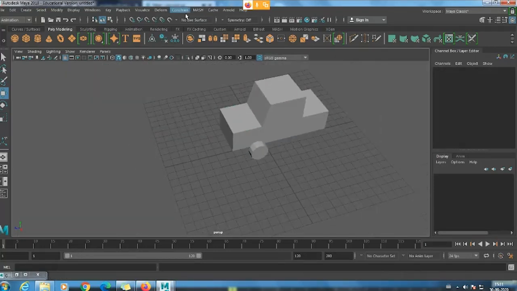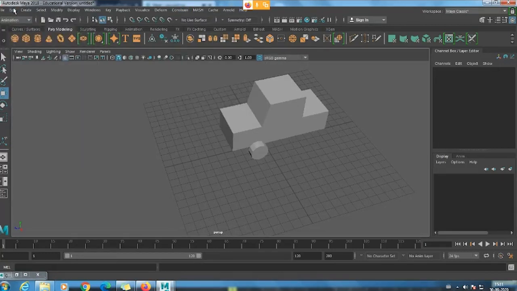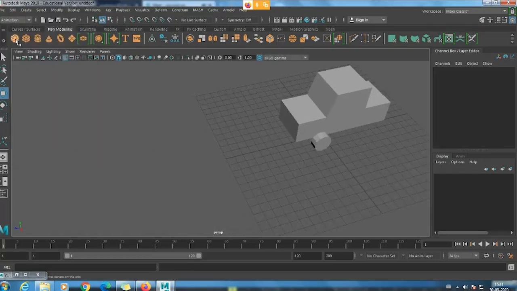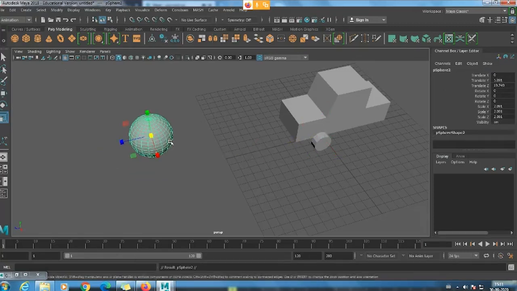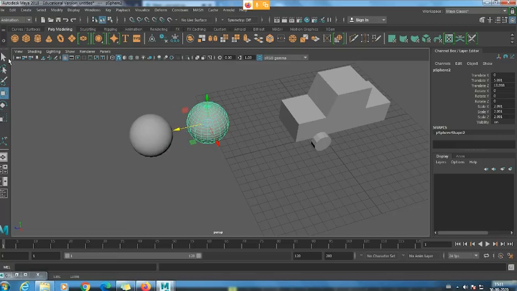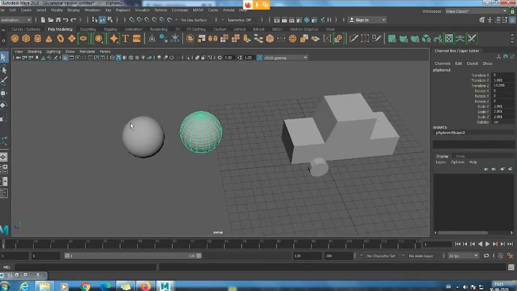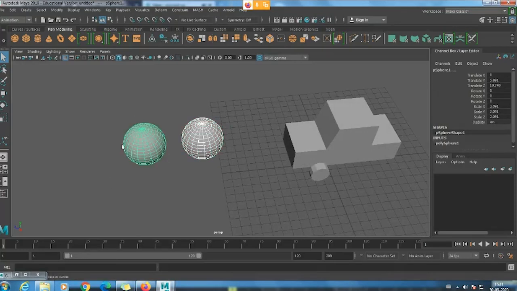And one more thing, with this parent constraint, you have one more parent. So if you just go to this edit, you can see this particular parent. So both are the same, but the thing is, it's combined. So I'll just take one object, then duplicate this. And remember, usually for the constraint, first we select the parent and then the child, and then we apply the constraint. But if you're using this parent, first you have to select the child and then the parent.